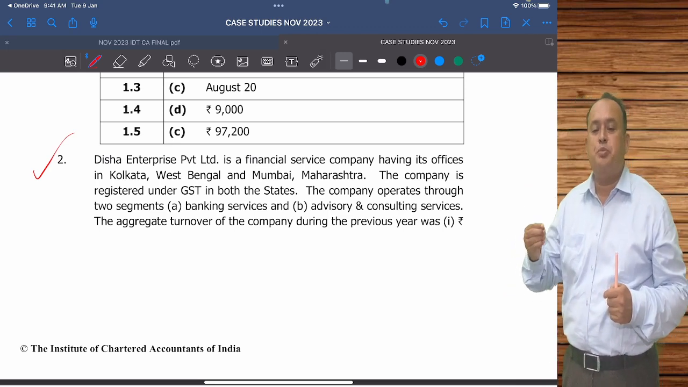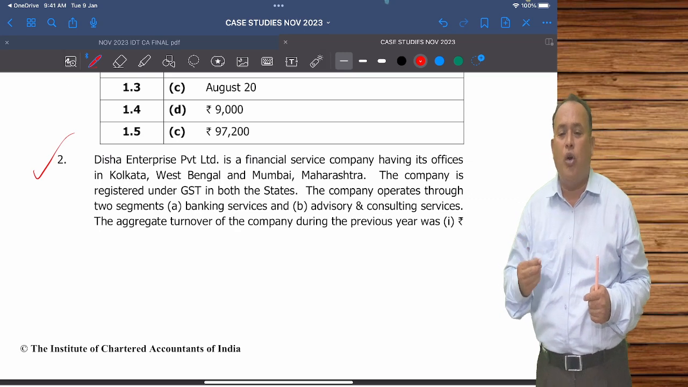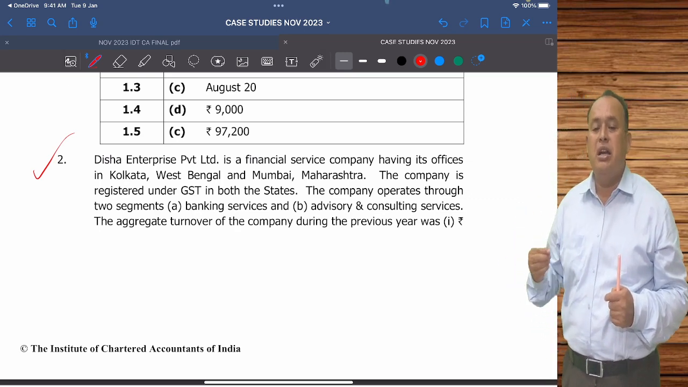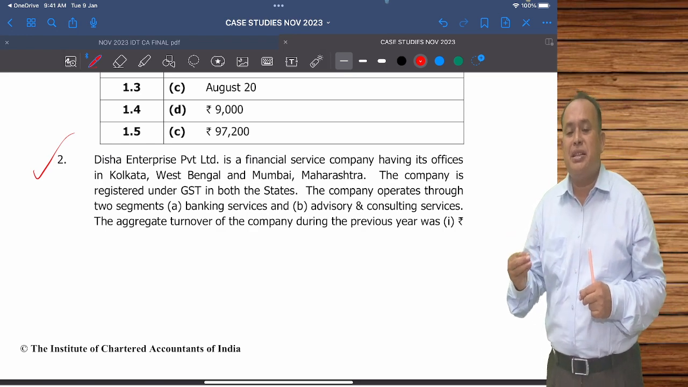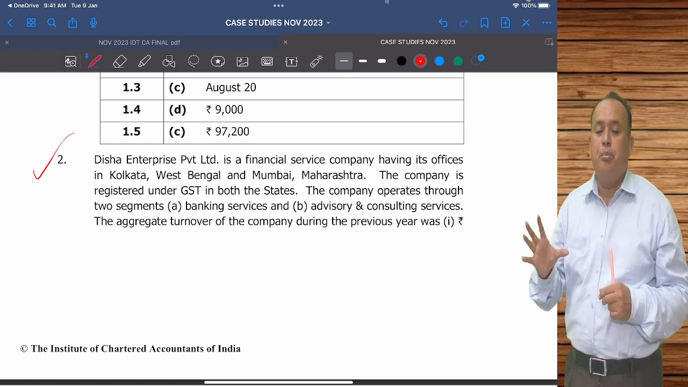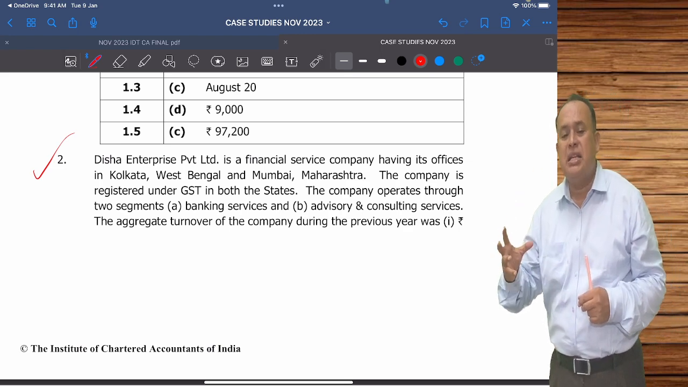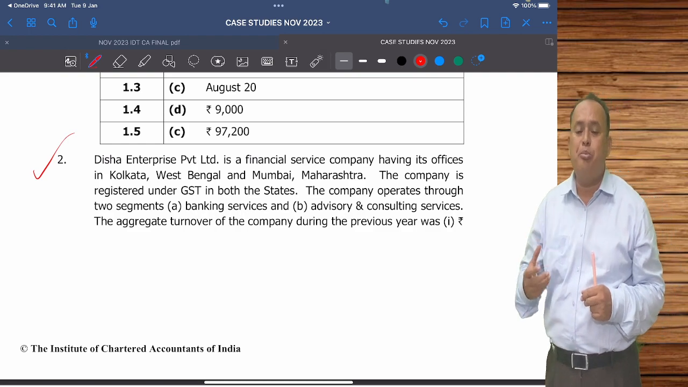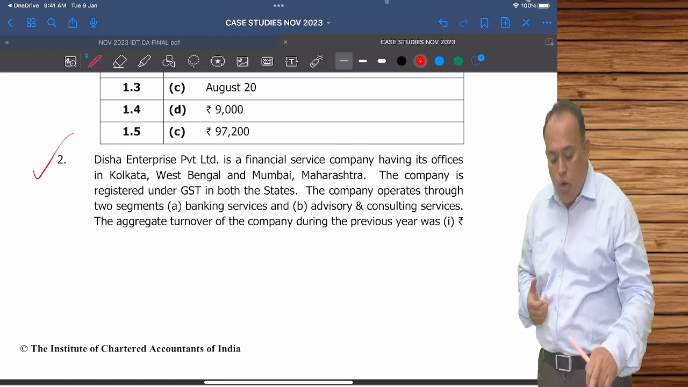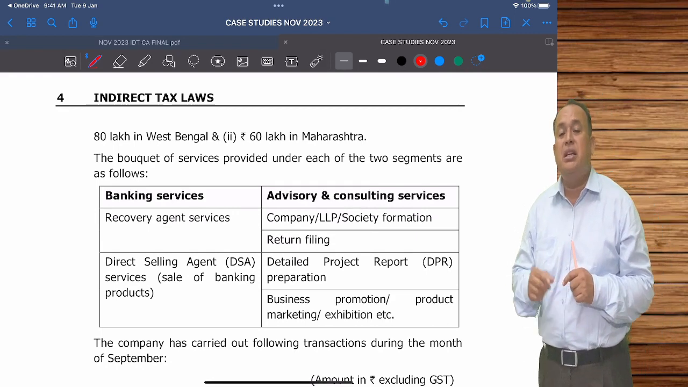Disha Enterprises Private Limited is a financial service company having its office in Kolkata, West Bengal and Mumbai, Maharashtra. The company is registered on the GST in both the states. The company operates through two segments, banking services and advisory and consultancy services. The aggregate turnover of the company during the previous year was rupees 80 lakhs in West Bengal and 60 lakhs